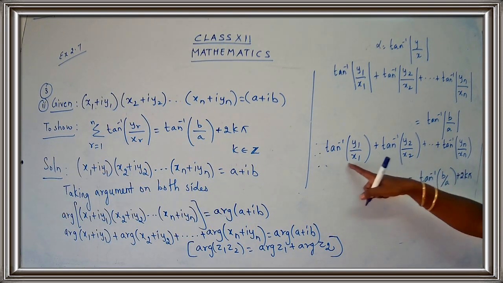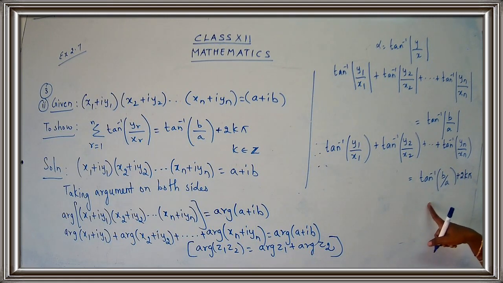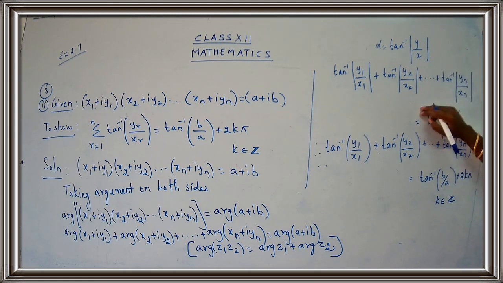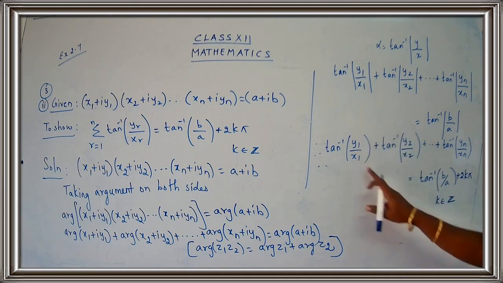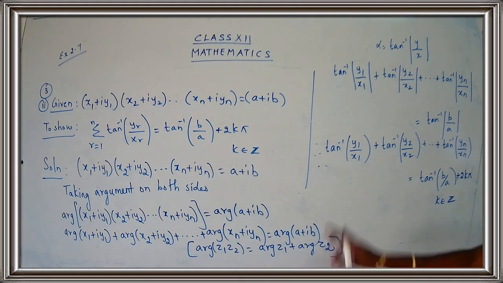Same way here also, for the LHS part, no need to do anything. For the RHS part, you just add here 2k pi and mention here k belonging to z. So once you remove the modulus sign, you just add 2k pi and put here k belonging to z. Still we have one more step to be done. We have to just write this in terms of the summation, that's all. And once we write that part, the proof is done. So just complete till here, children.